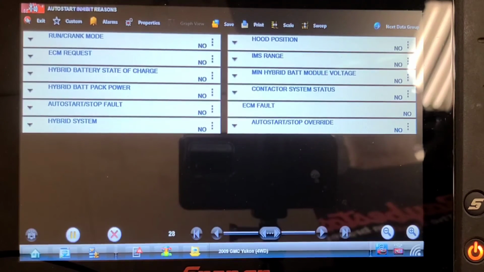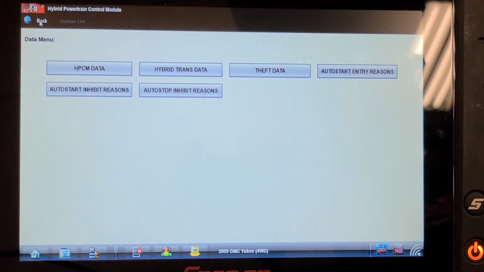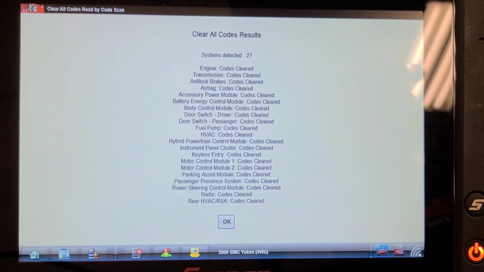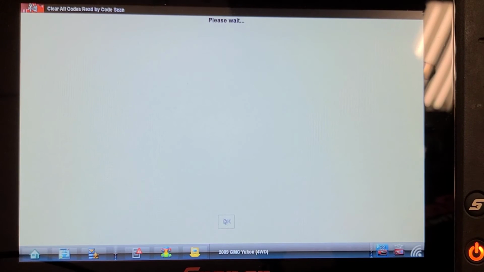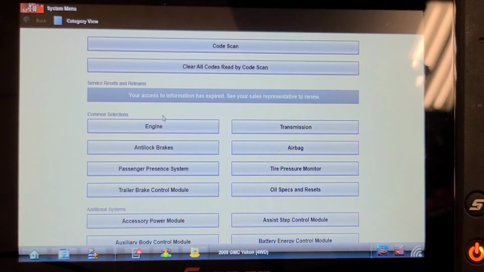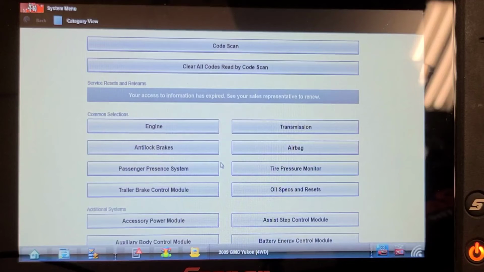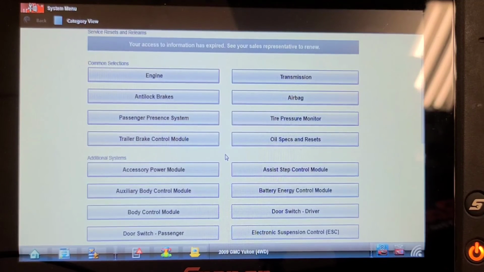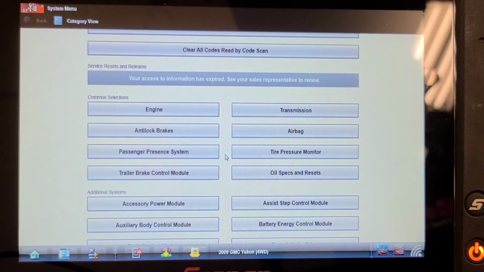Oh no. Oh well. So I decided to do a network code clear to see if that would make any difference in this idle stop enable. But there's no reason why it shouldn't go into idle stop mode. It's been running here in the service bay for a while. They're not complaining about it, but